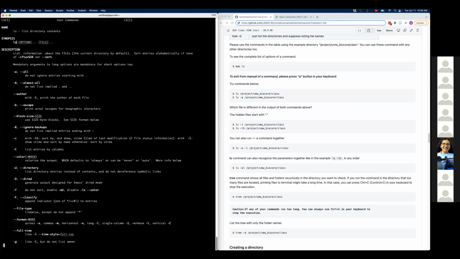So you would use ls space. When these are in brackets, it means these are optional. So you could use ls without options, and then you can provide a file or not, because these are also in brackets. So I can use ls, I can use ls space option, and I can use ls space option and then follow it by a file or directory path.